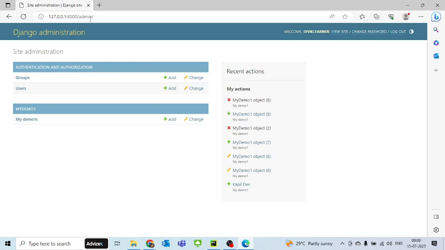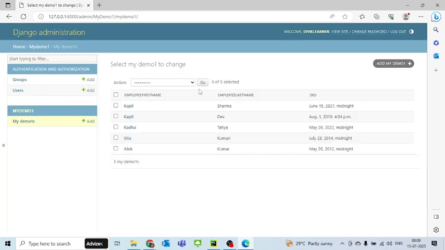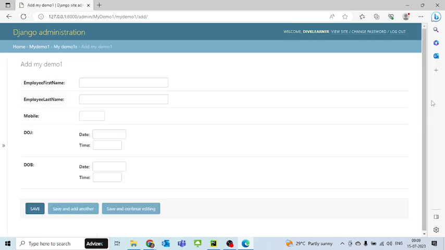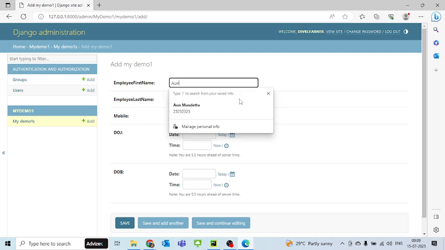It gives you the recent actions list here as well, which shows what I've done. I've created a user, I've deleted a user. But I'll take you to the part here, which is my demos. In my demos, you see that these are the 5 users that have been added. Now, if you want to edit any one of them, I can, but I'll start first with adding. So I say add, and I add